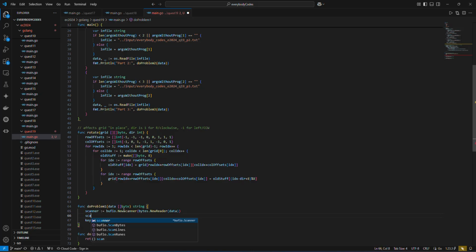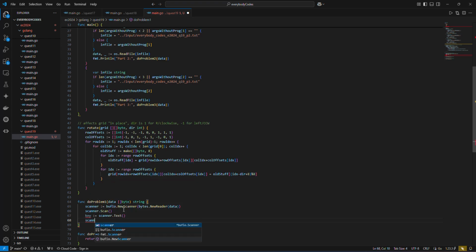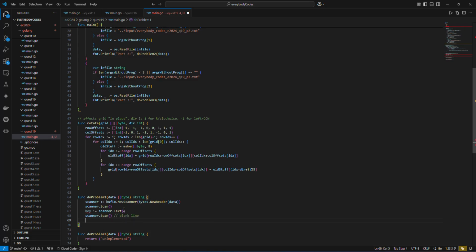So first we do scanner.Scan. Key is scanner.Text. Scanner.Scan. And then